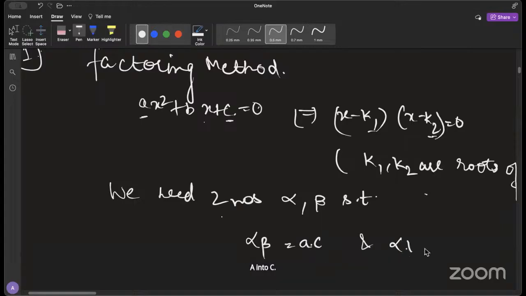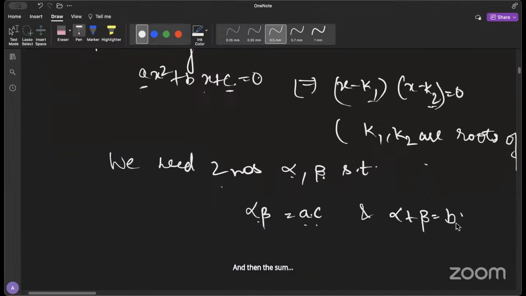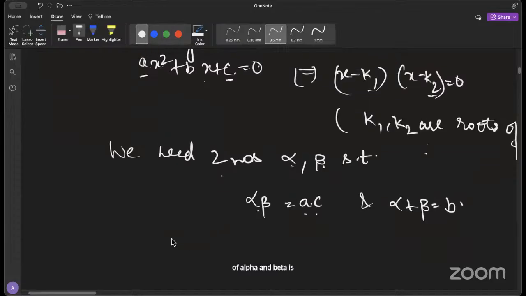And the sum of alpha beta is equal to b. So we need two numbers, alpha beta, such that the product is equal to ac, and the sum of alpha and beta is b. So what we do here is we try to write